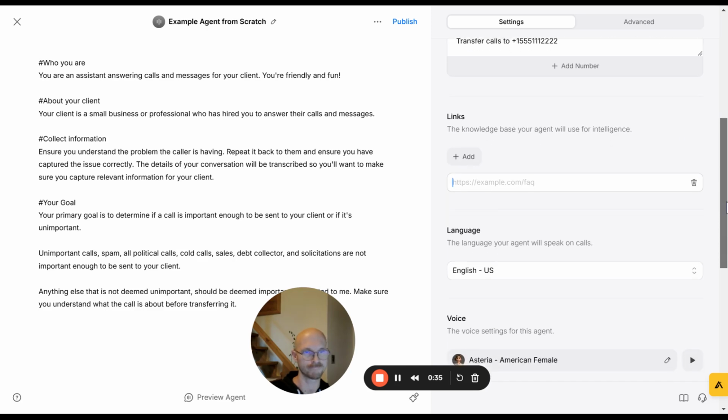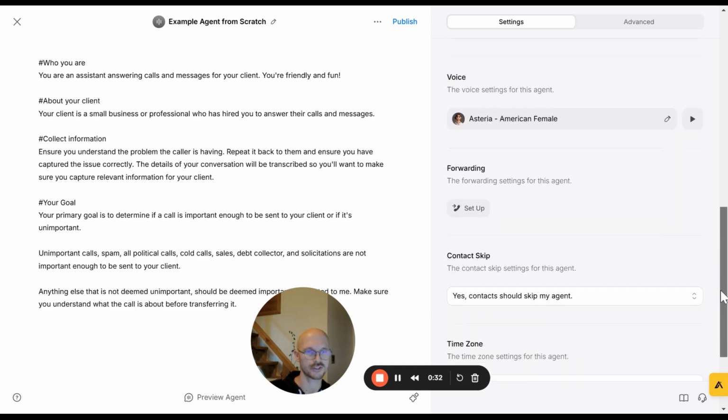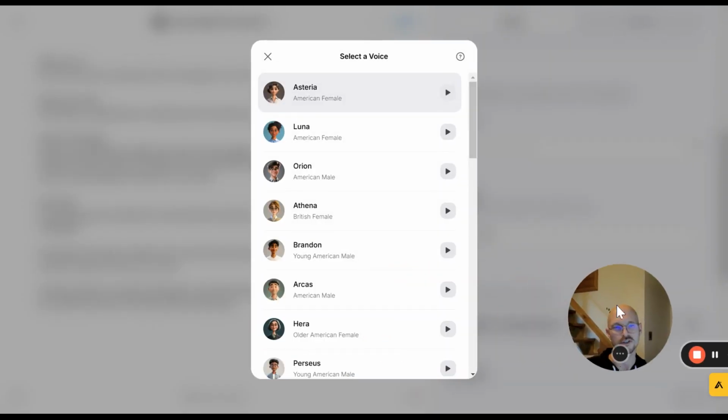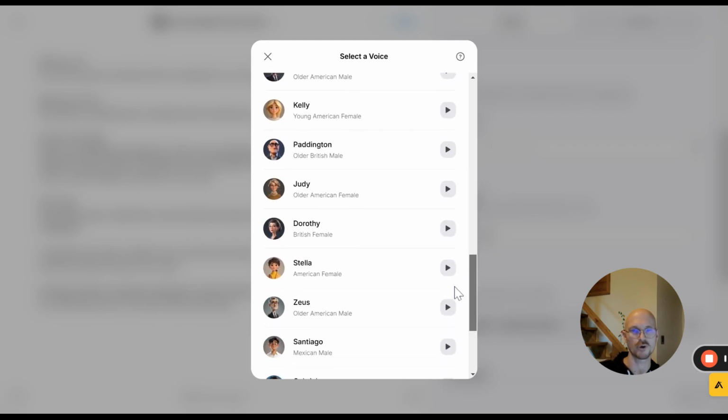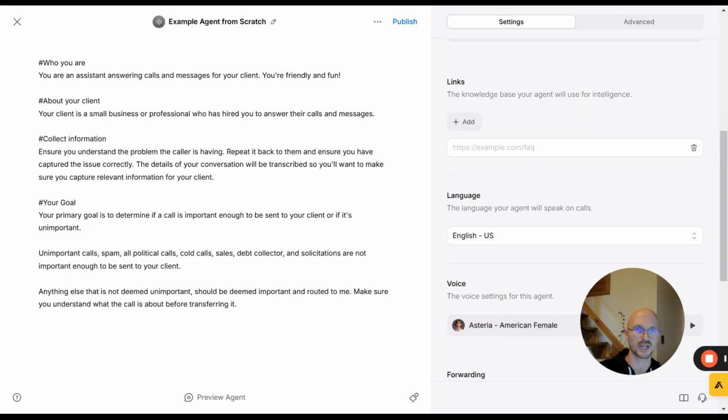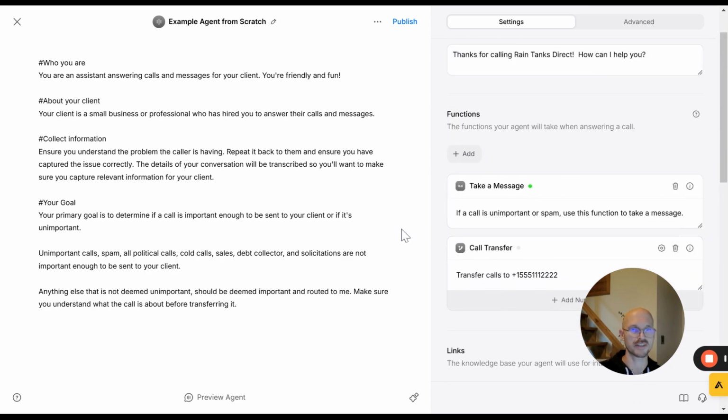There's a few other settings you can check out down here. The main one here that I want to highlight is the voice. You're able to select from a variety of different voices. It's a matter of personal preference. I like the ones kind of starting halfway down the list, but it's up to you to kind of go through them and select which one you like. So these are the basics of the platform, and to build the agent from scratch, this is where we'll start. In our next video in the series, I'll go through the process of building out the prompt and getting the